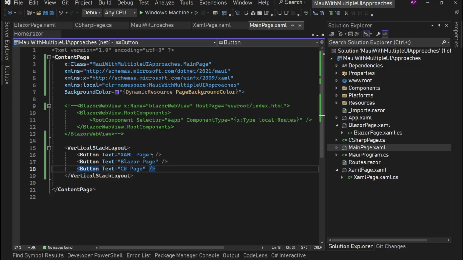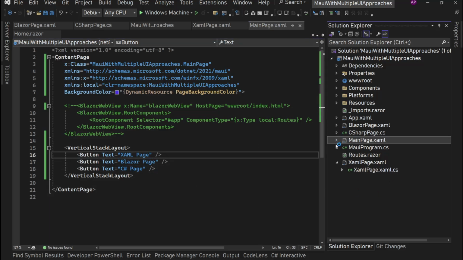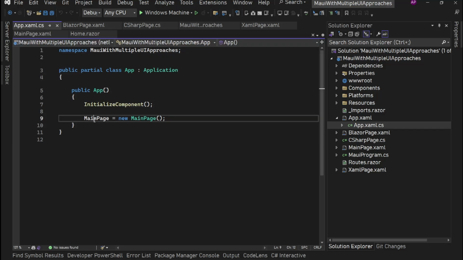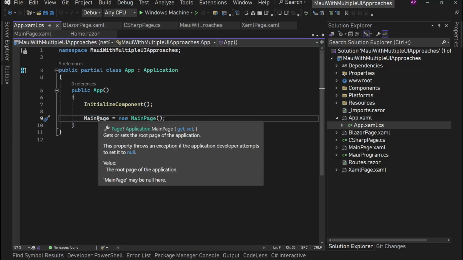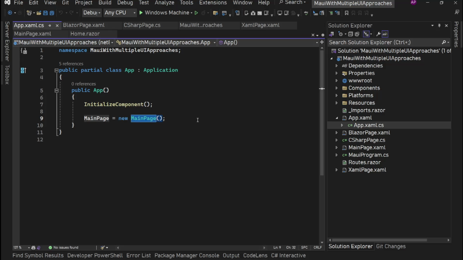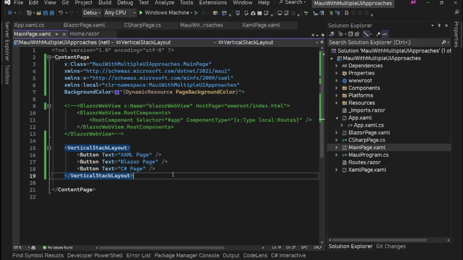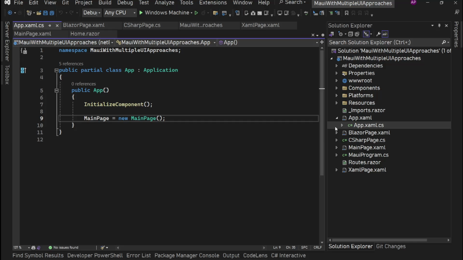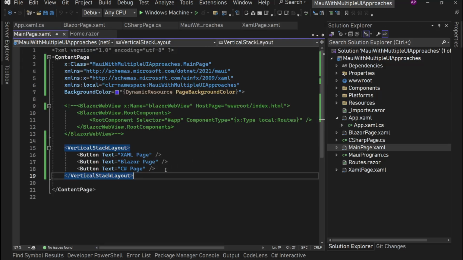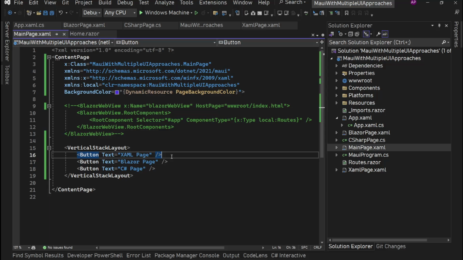All right. So first let's do this. If you see, the main entry point is this App.xaml. Inside this we define that main page is the entry point for our application. In our case, in this main page, we have these 3 buttons here. Okay. So now I need to implement some navigation, because on main page I have these 3 buttons, and on click of these buttons I want to navigate the UI to some other page, right? So for navigations